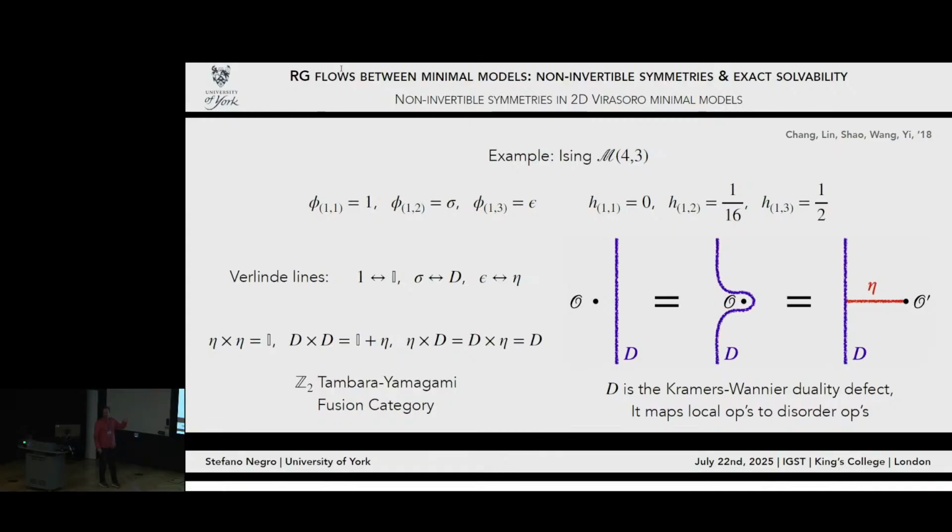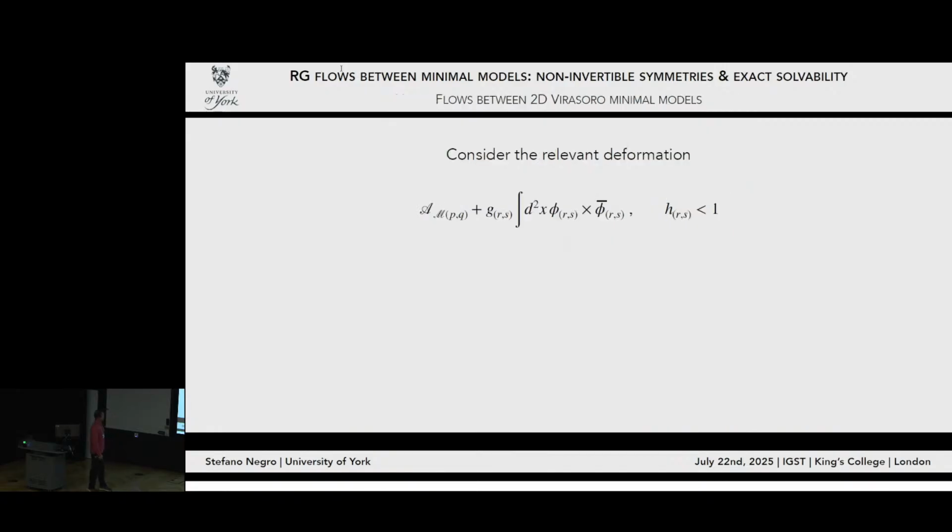Okay, so this is just one example. You can go and check your favorite minimal model. All of them will have these structures. And crucially, these structures are very much like a fingerprint. They are all different from one another, so they kind of identify the minimal model that you're looking at. And just for information, this is called the Z2 Tambara-Yamagami category. Okay, so just keep that in mind. I'm going to return to that briefly in a moment.